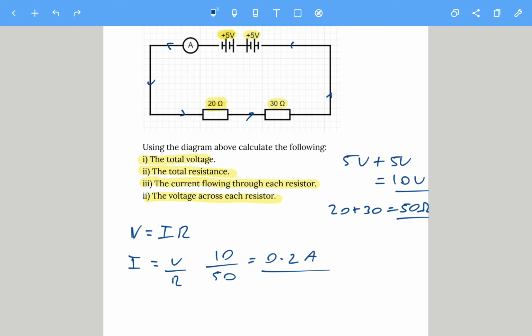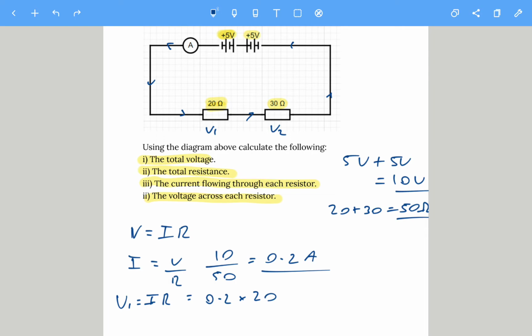Right, to get voltage, so I'll call this V1 and this one V2. So voltage 1 and voltage 2. Voltage 1 will be equal to the current that's going through it, which is just the 0.2, multiplied by the resistance of the component. So current 0.2 times resistance of 20